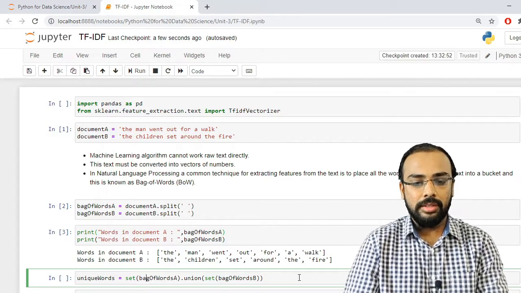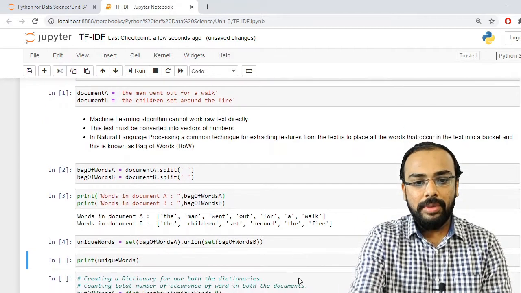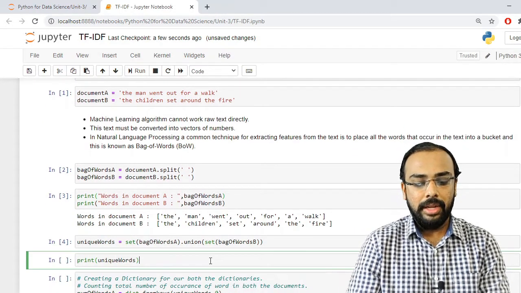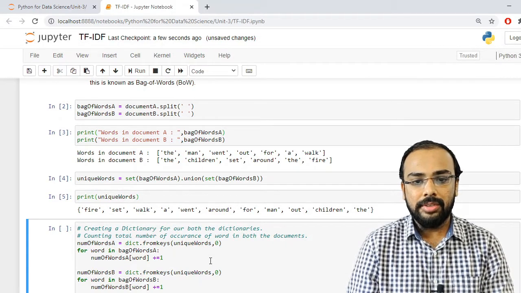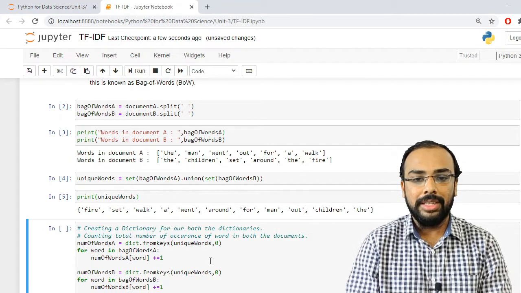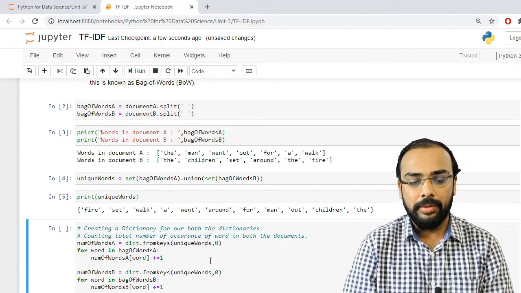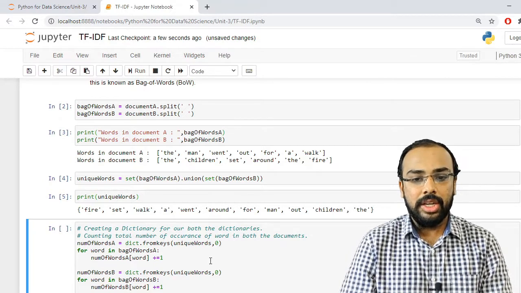So let us run this. Now let me print how many unique words are there inside my documents. So here you can see it is returning a set in which there are different words, but all these words are unique.